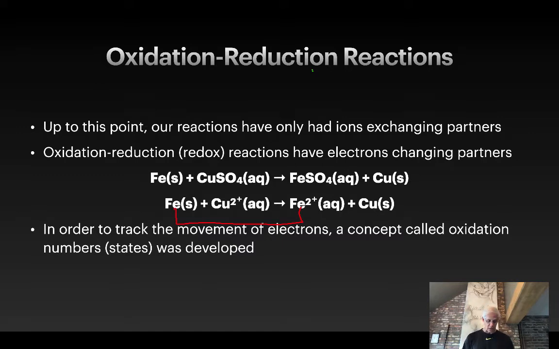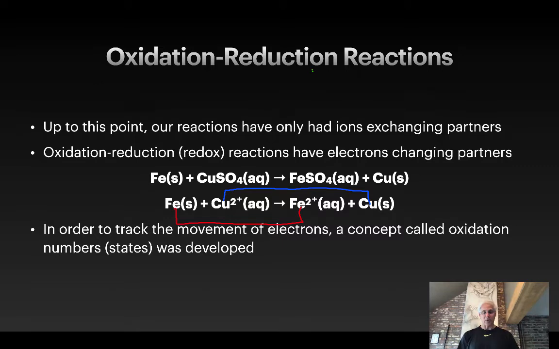If we look at the copper, it went from having a 2 plus charge to being a solid with a 0 charge. And so that means that the copper must have picked up 2 electrons. And so the electrons went from the iron atom to the copper ion,